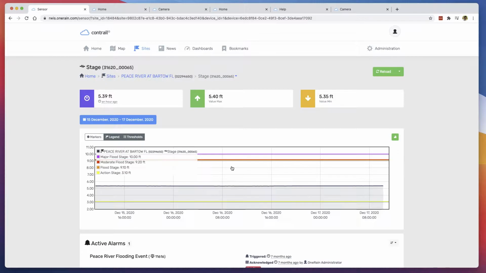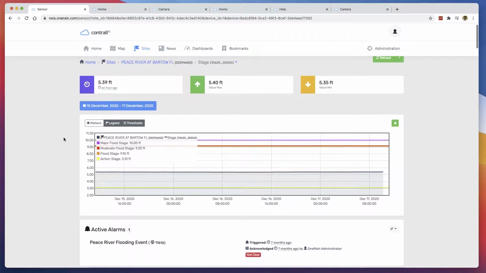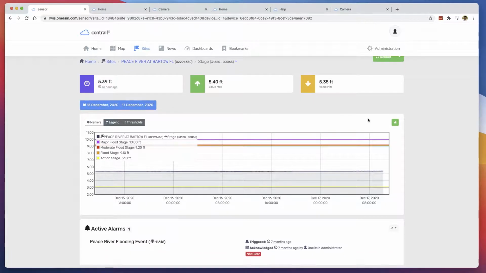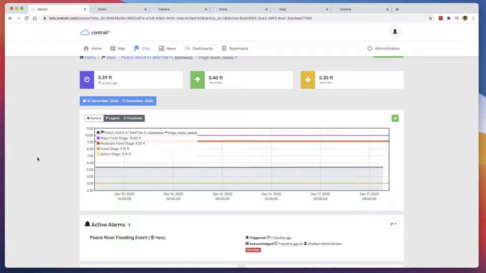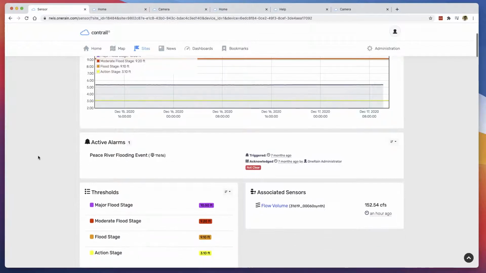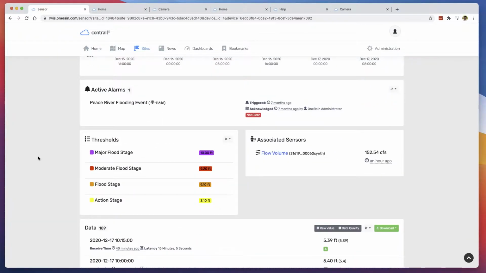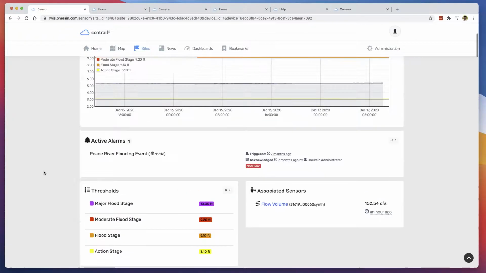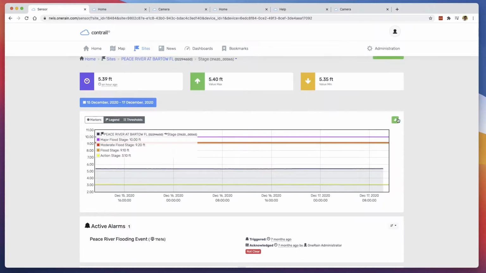Now, some new front end updates with that were released in 2020. You can see some summary information up at the top is now included on each one of the sensor pages, as well as the graphing engine has made a minor update behind the scenes to make sure that's sustainable into the future. But other than that, all the same layout for all the different sections of the software. I did want to highlight a lot of new features have been added into our